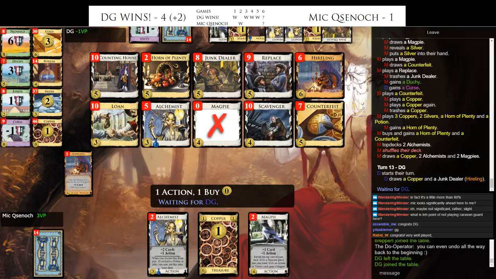So if you have 7 provinces in your deck, that's 42 points. All you need to do at that point is make sure you don't have too many curses in your deck. Yeah, you just have to buy as many points as Mick is able to give you curses. Mick, I guess, could turn magpies into duchies to give out curses, but we'll see what